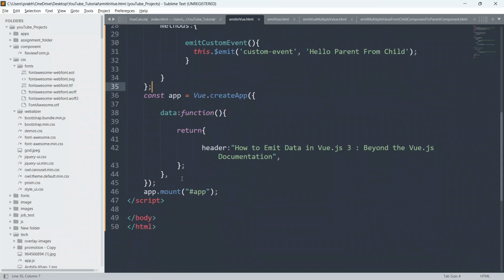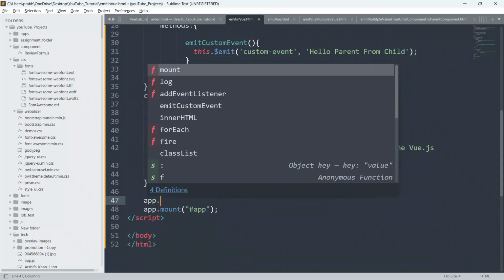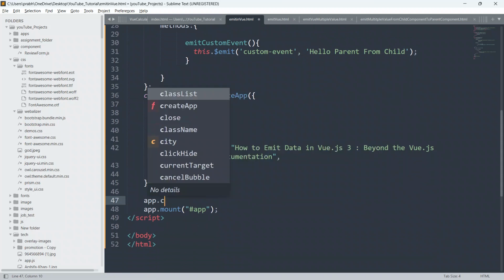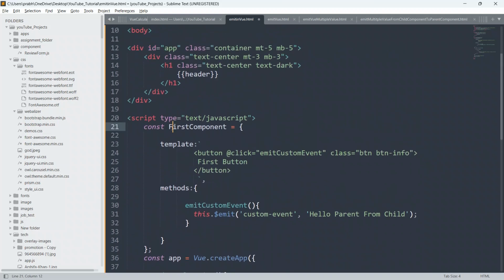So just say here app dot component, and give parenthesis and put the same inverted commas, and we can say here the first component. Okay, so guys, as you can see here, I have given the first letter F as a capital, and the first letter of component, C, also as a capital.